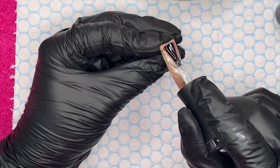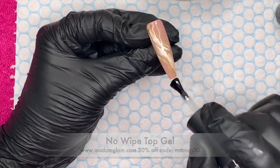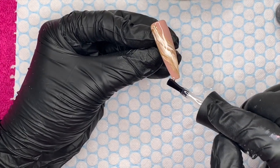And then I'm going to go over the top with some non-wipe top coat. Now, where we've put that gel polish marble on, it's going to be slightly raised. So what I like to do is...